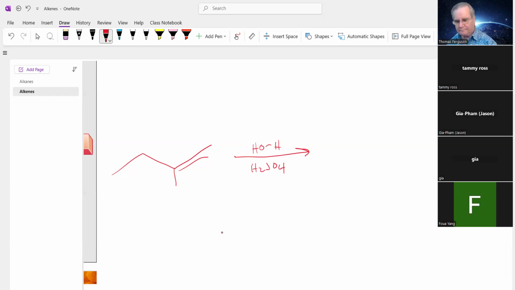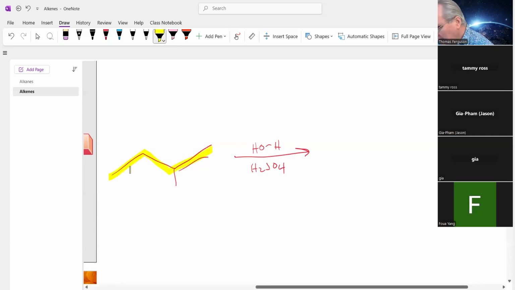What do I get? Okay, well, this is going to be addition, heterogeneous, so expect a mixture, and we're going to end up with, that's the backbone. So it's a 1, 2, 3, 4. So it's a butene. And it's going to be a 1-butene,